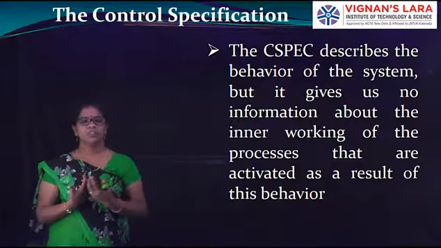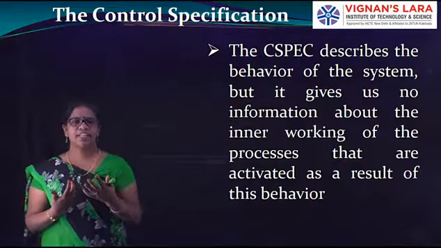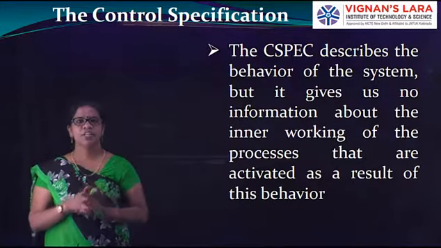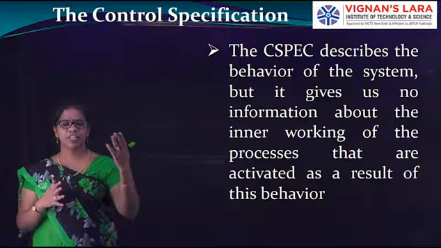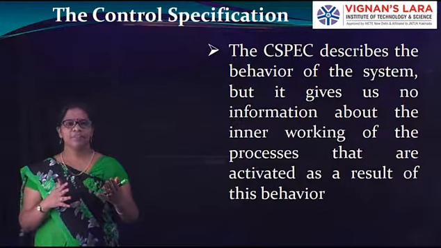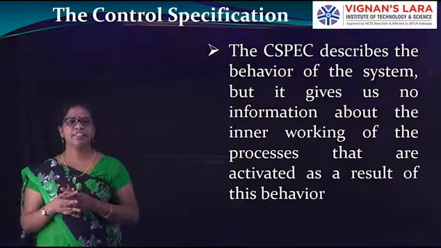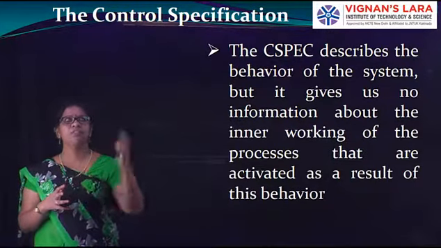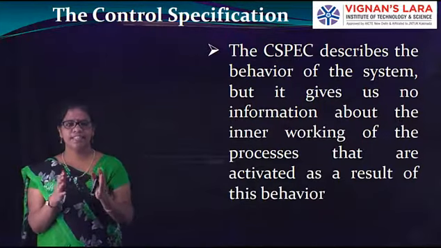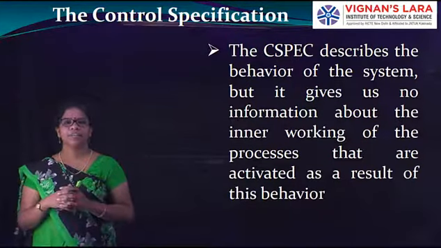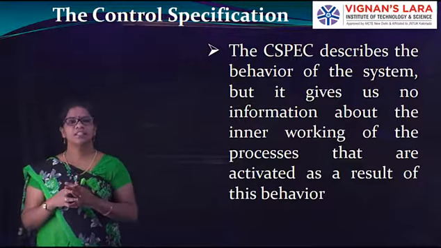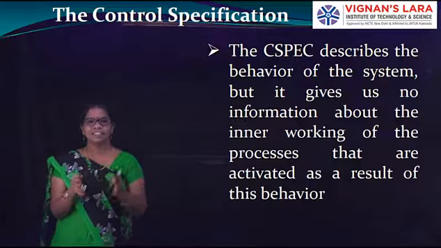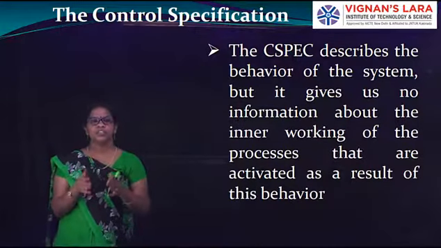The state diagram will give only how it is changing from one state to another state. If an event occurs, like if you click on the button, what happens. For example, if you are switching on the light, if you click on the switch, the light is on or not, only that state will be known in the state diagram. How the current is passing and how the current is connected, what the inner process going on is, will not be known to us.